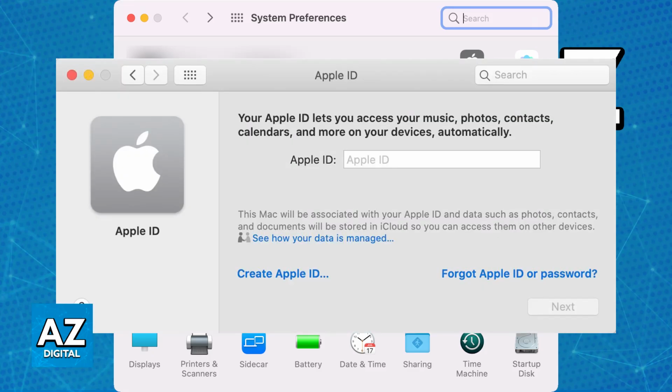Everything will be usable, and you can use this account as many times as you wish. By signing in once, it should stay automatically signed, so you don't have to worry. If you ever switch devices, just sign in again and you will be good to go. And of course, you can log out if you have any problems or you would like to sign out for whatever reason. I hope I was able to help you on how to add Apple account to MacBook.